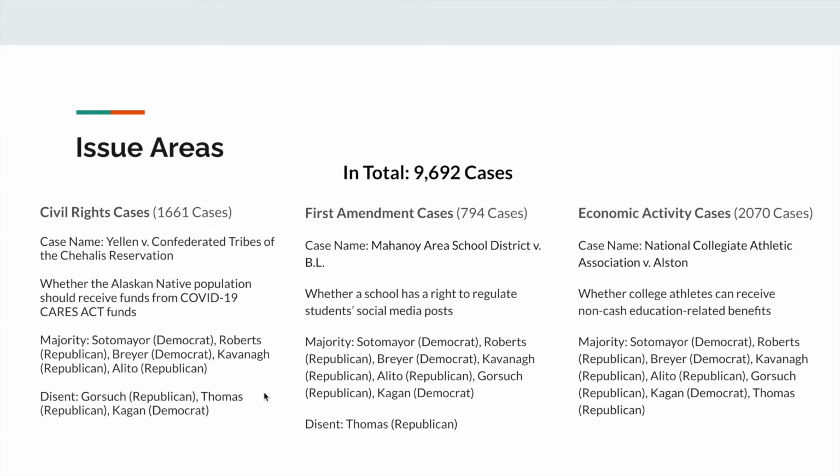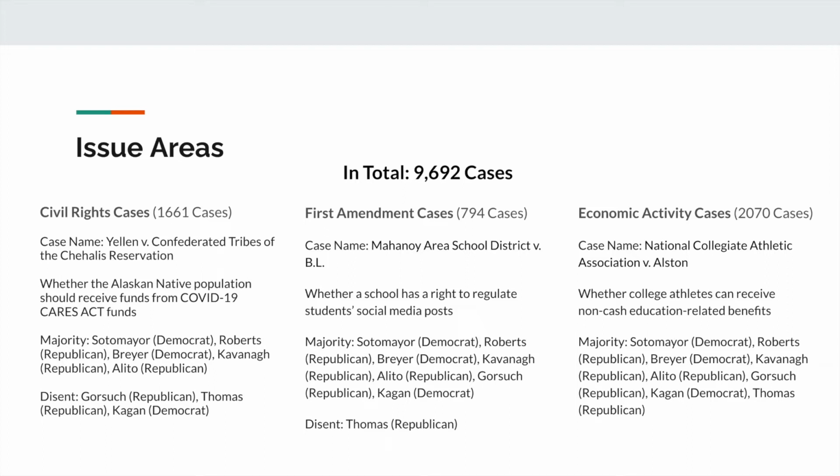To talk a little bit more about the cases, I've selected three so you can have a better understanding. An example of a civil rights case is Yellen versus Confederate Tribes of the Chehalis Reservation. This was when the Alaskan Native population sued Janet Yellen, who's in charge of the Treasury Department, for not receiving COVID-19 CARES funds. And you can see the decisions are not so clear-cut. The majority was a mixture of both Republicans and Democrats, and the dissent was also a mixture of both, and